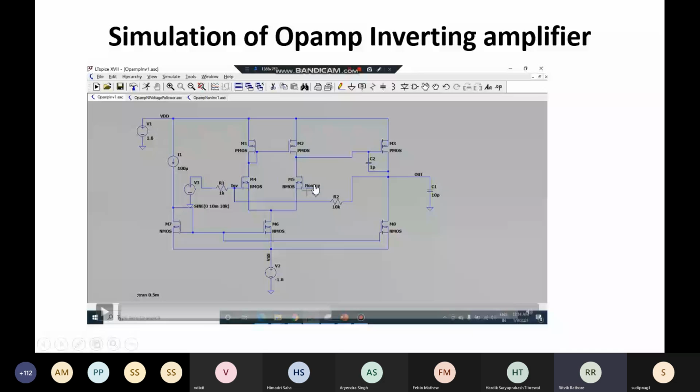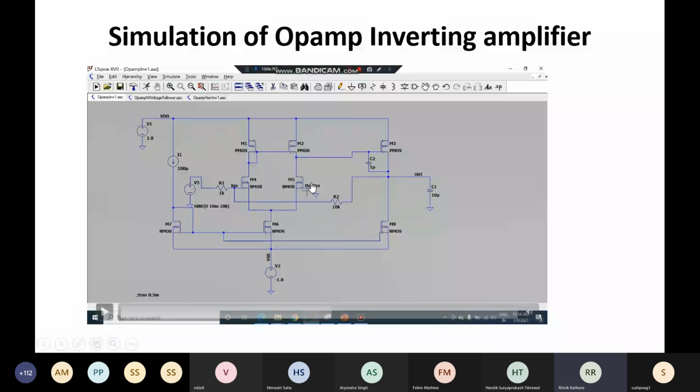Similarly, we can figure out that this terminal will be working as inverting. Because what happens in a differential input? If the input signal at one terminal goes up, that is, it increases, then the input signal at other terminal must decrease by same amount. That is what we mean by differential input. So say if I'm increasing the input at this terminal, the AC signal at the gate of M4 is increasing, then we'll see that the AC signal at the gate of M5 will decrease.